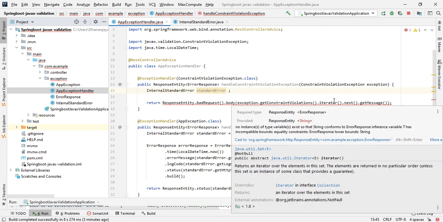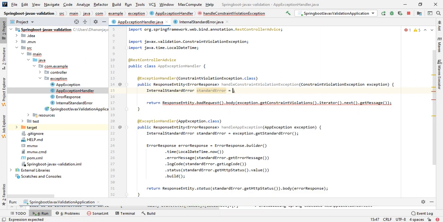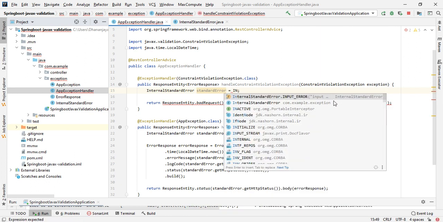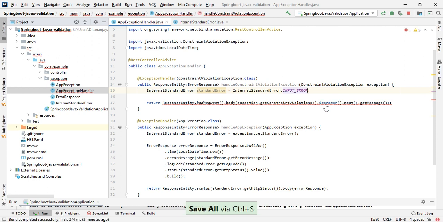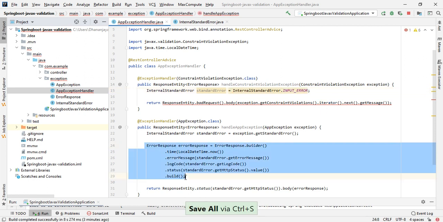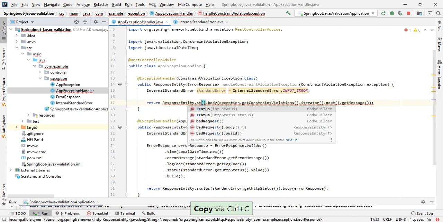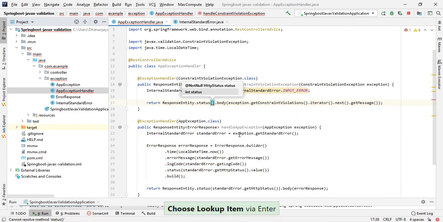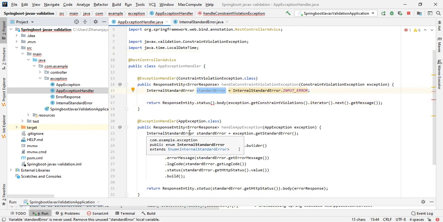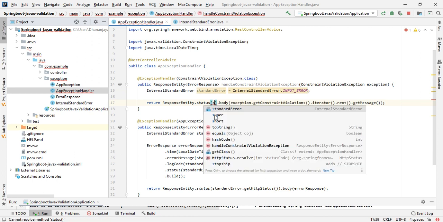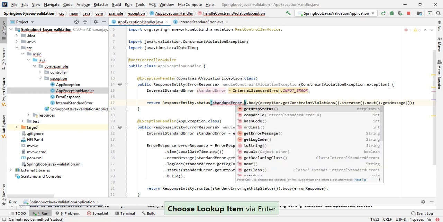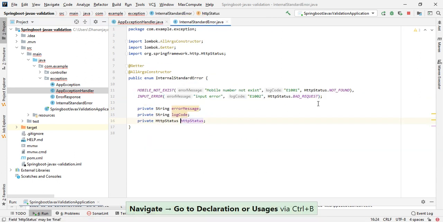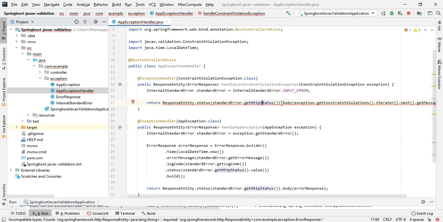Let's get that exception, that error details here: internal standard error dot input error. Now we need to return the error response inside the body. That means status will be the same as we get here, standard error dot get HTTP status. We are returning bad request, so automatically it will return bad request.